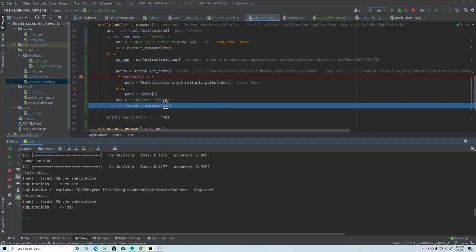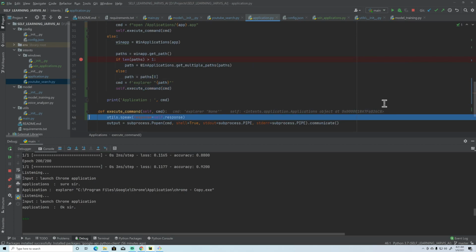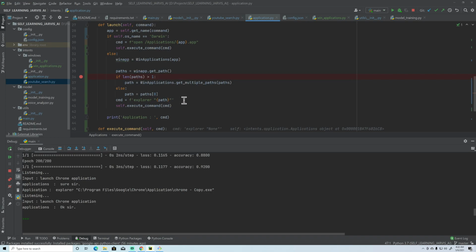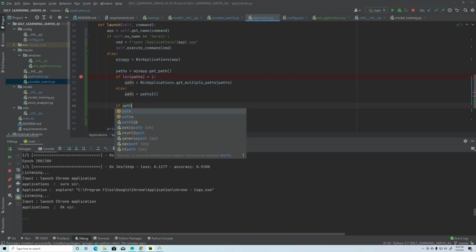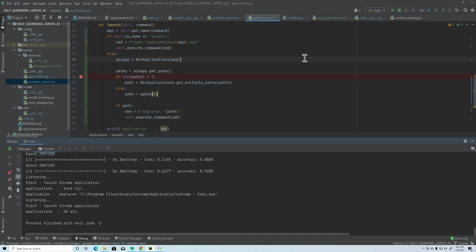Execute command. So here we need to have, like, if we got the path, okay, sir. Okay, right. So if we got path here, I'll just have the condition: if path, then only, else nothing will be done, right? So now I'm just executing this, not debugging this.